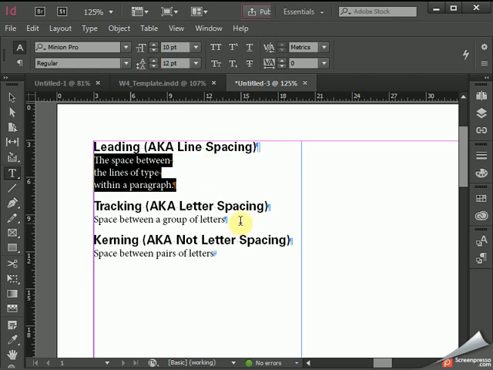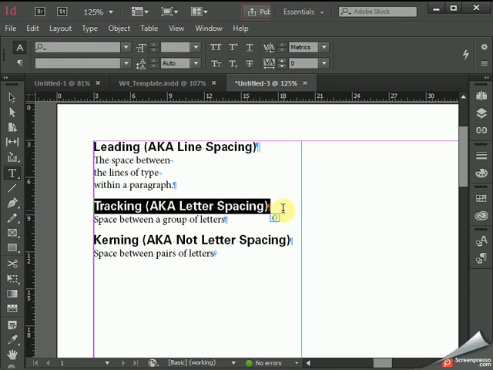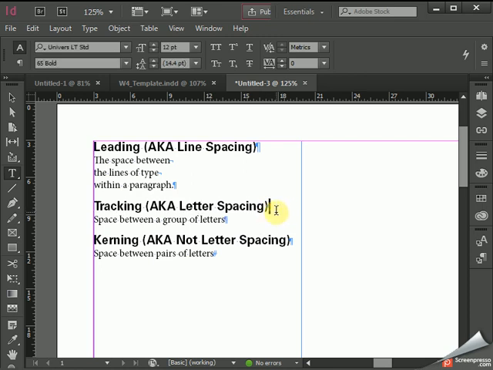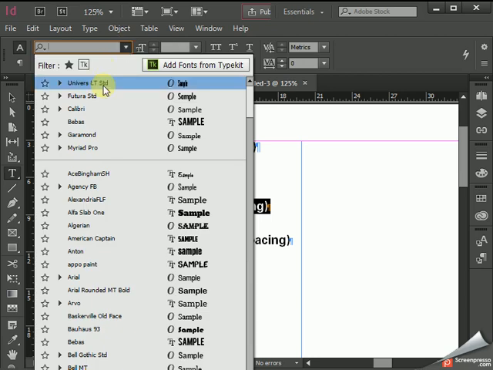Tracking is different. Tracking is a space between groups of letters. It's very important that you remember the whole group thing, because kerning will get confusing if you don't hold on to the fact that it has to do with groups. If I select this paragraph right here, in fact, I do want you to note that the very last part of this paragraph is the wrong typeface. So when I highlight across here, I don't see anything up here. So I'm going to set this to